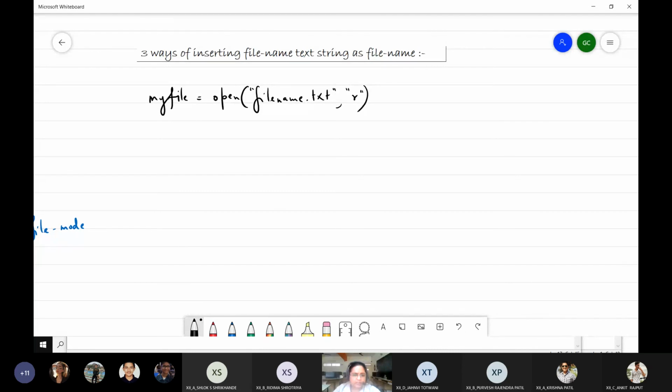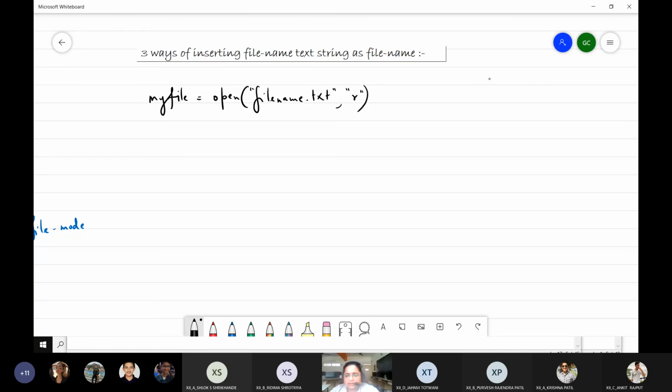Right now we are saving the file in the same location as the Python program. What if I create a new folder to save it? Right now I'm just going to tell it to you in theory, because that practical we will do a little later.